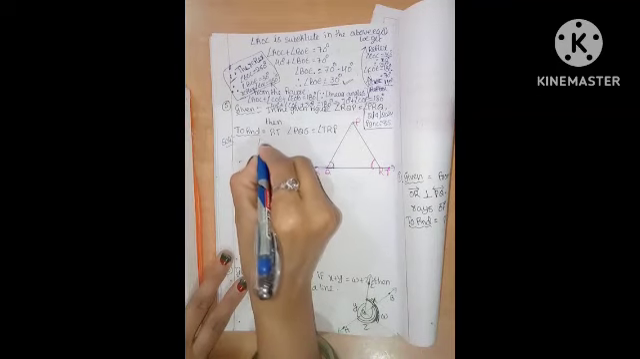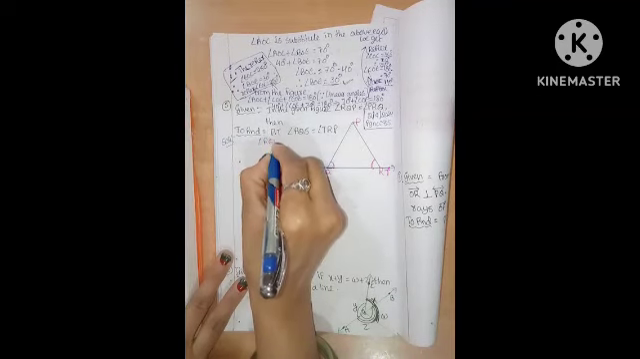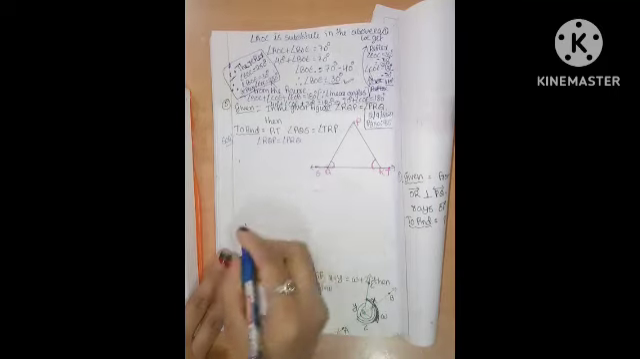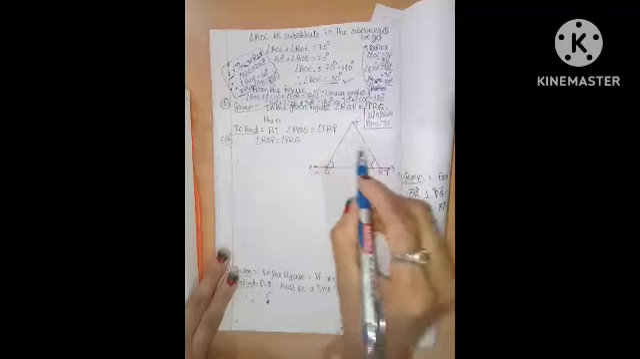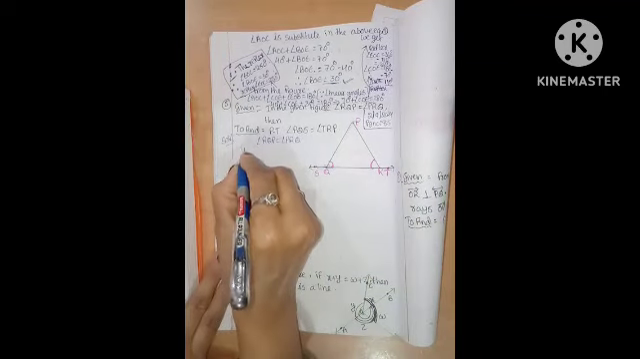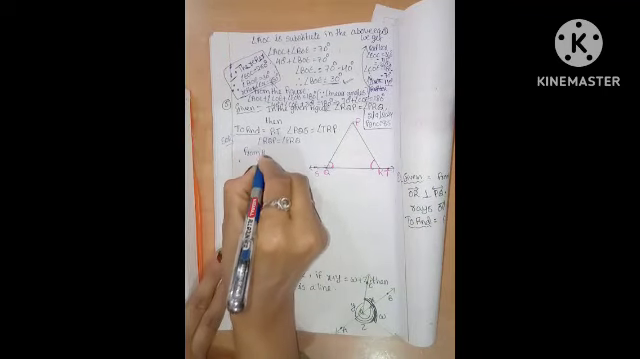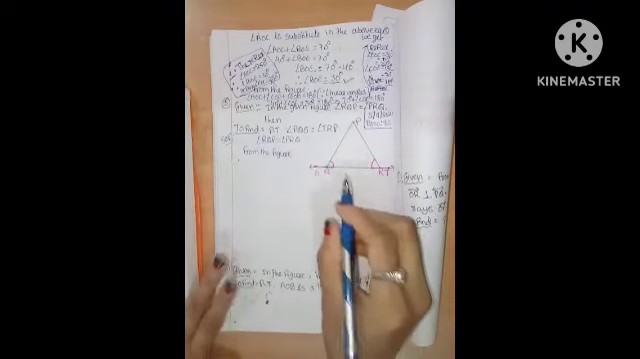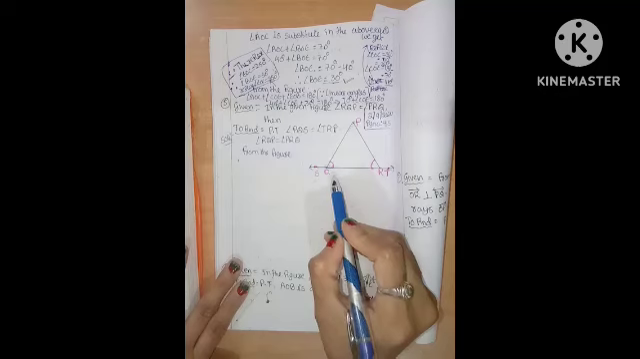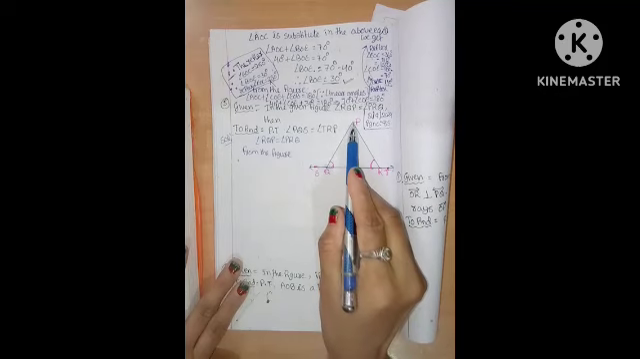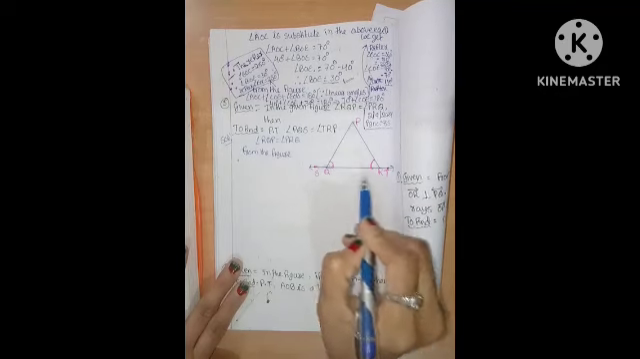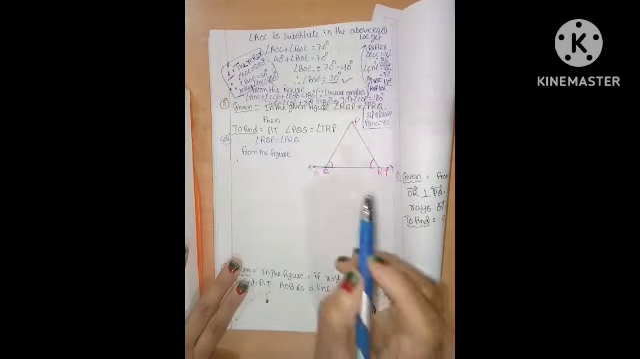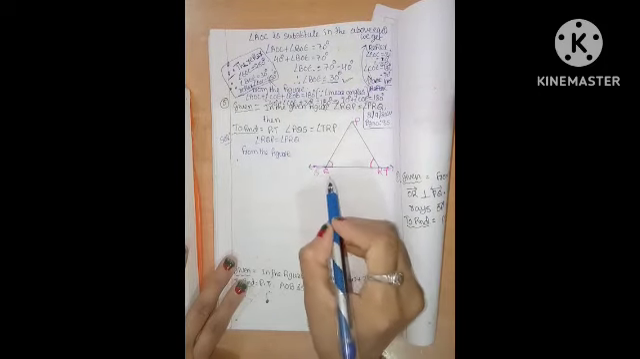What is given? Angle RQP is equal to angle PRQ is given from the figure. Look at the figure and observe here: RQP equals PRQ. So, from the figure,